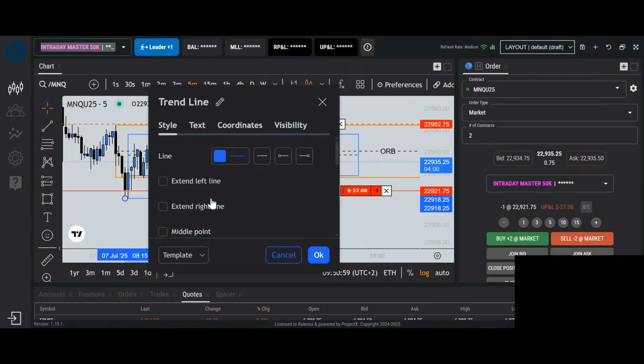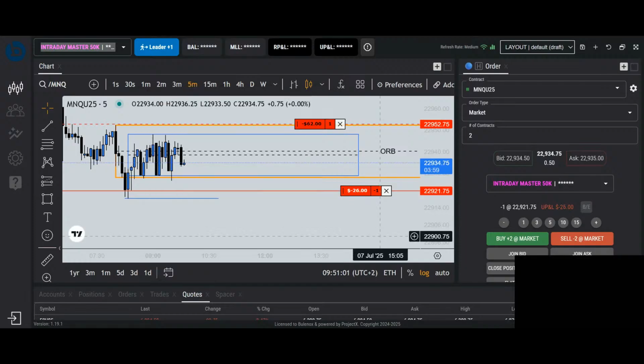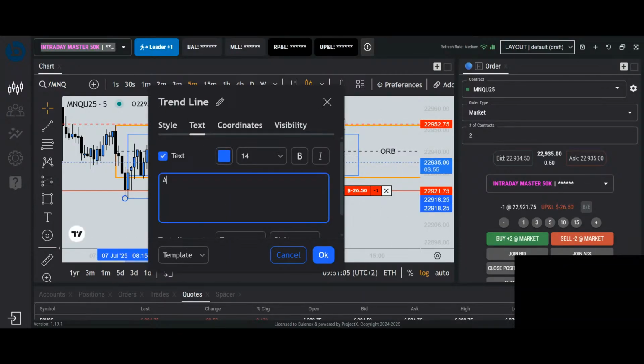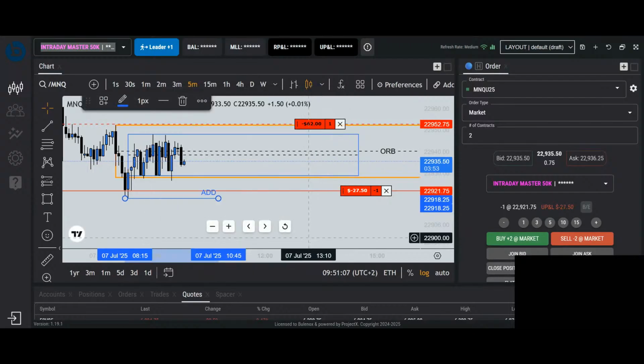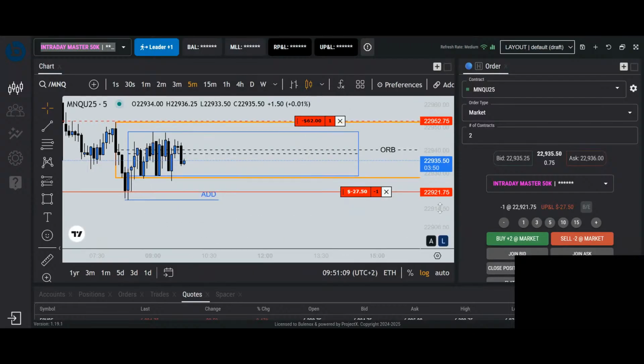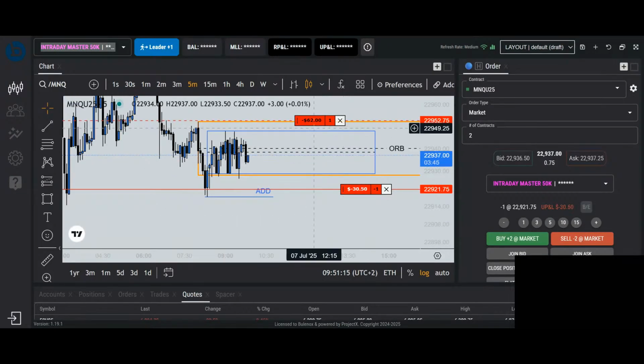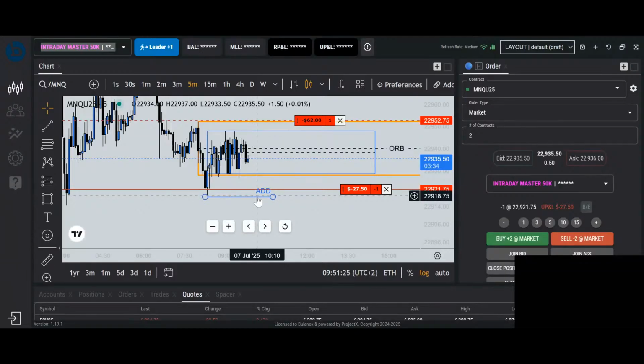So I would add here, first of all, and I would add another extra 2 contracts. So I would add the same amount that I added the first time. I never go above my own starting add. So if I start with 2 contracts, I can only add an extra 2 contracts. If I start with 1 R, I can add a full R again here.